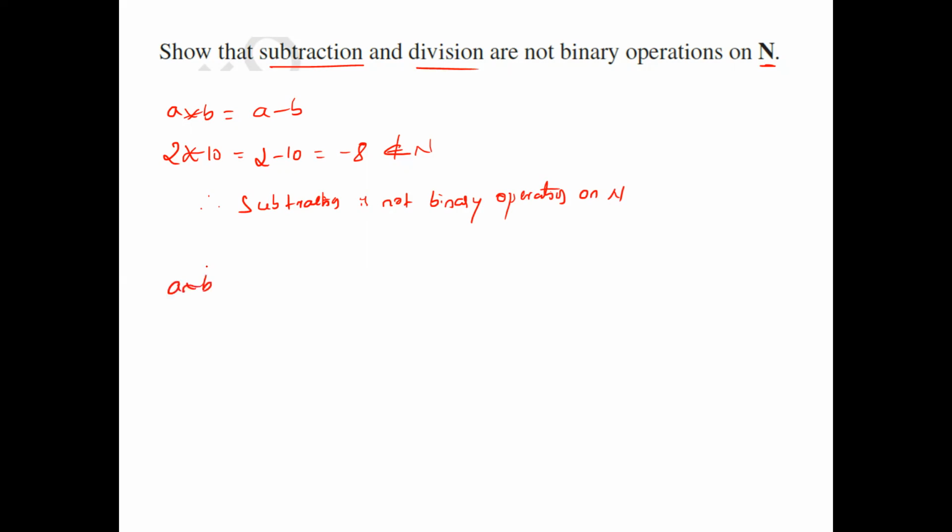Yes. Next, we'll check the division. A star B equal to A by B, I'll write. Now I'll take the A value is 3 star, B will write 20. Now what about this one? 3 by 20. 3 by 20 also does not belong to natural number. Therefore, what is the conclusion? Division is not binary operation